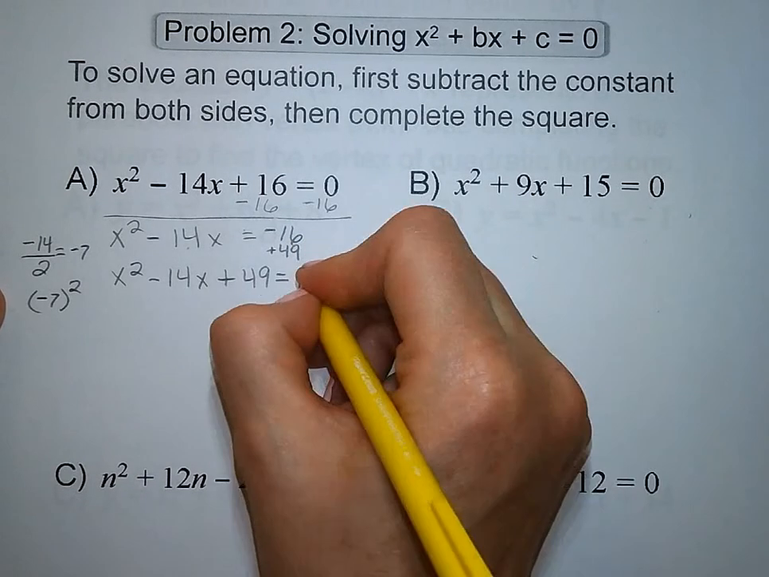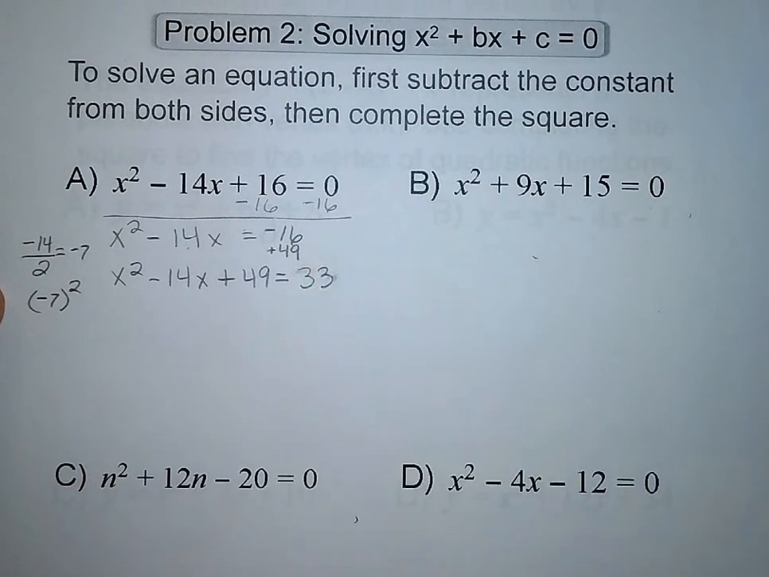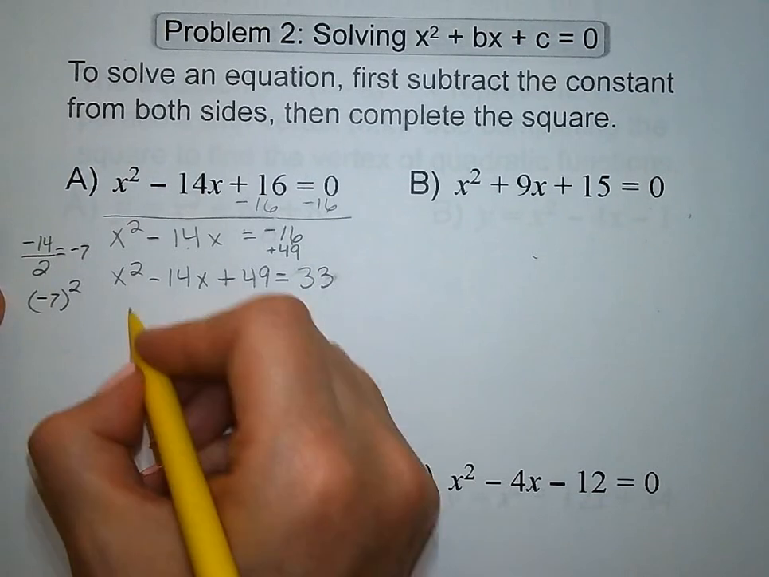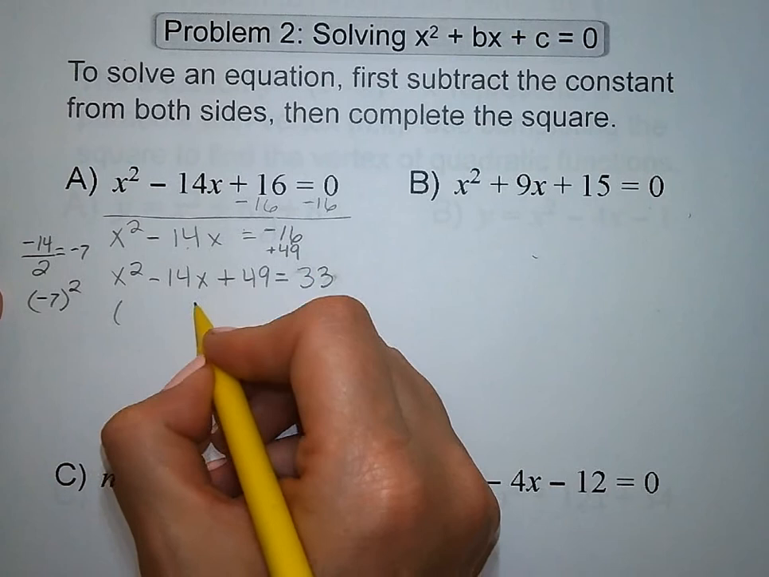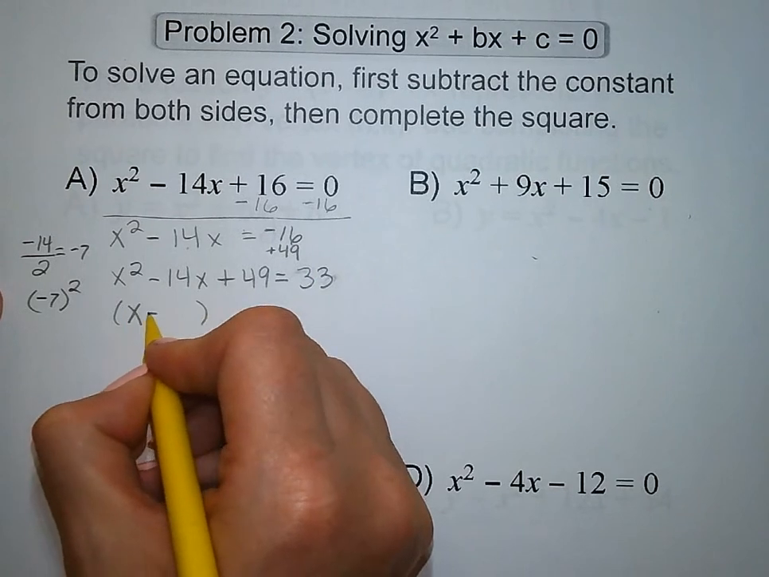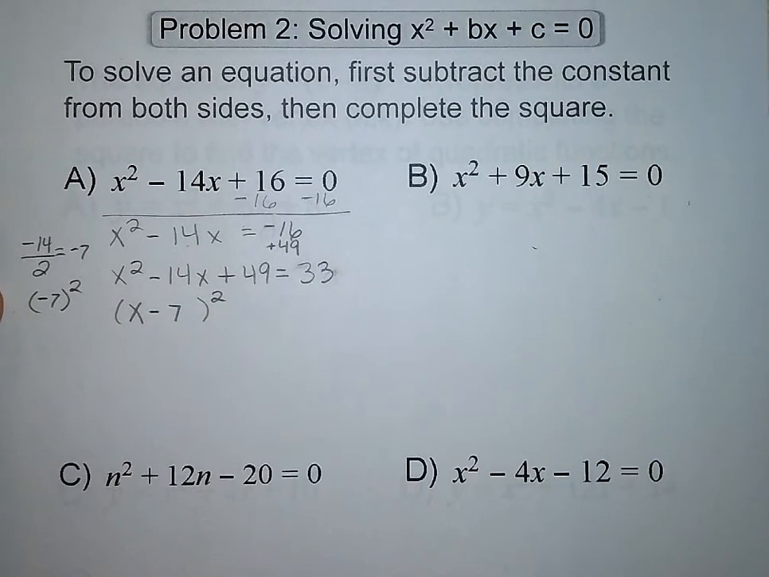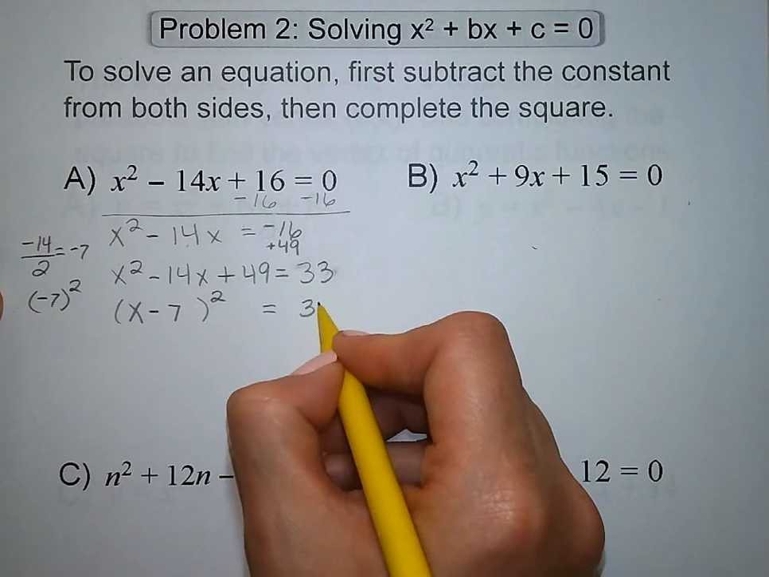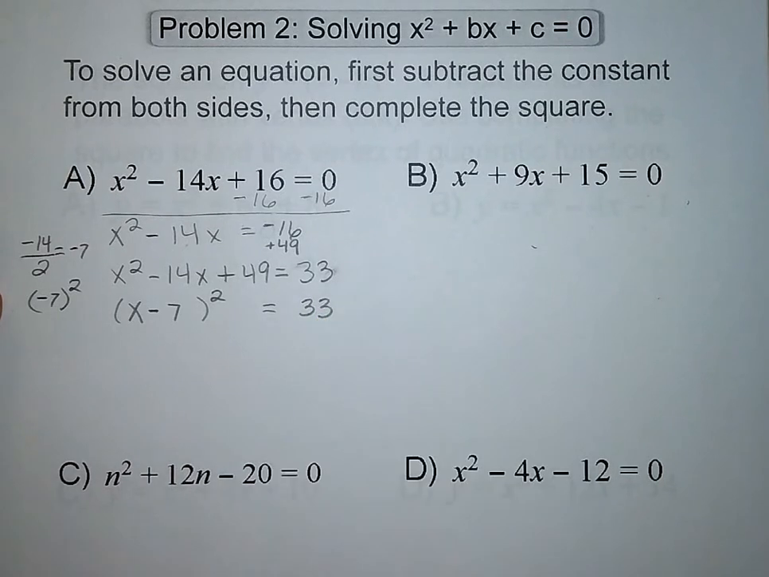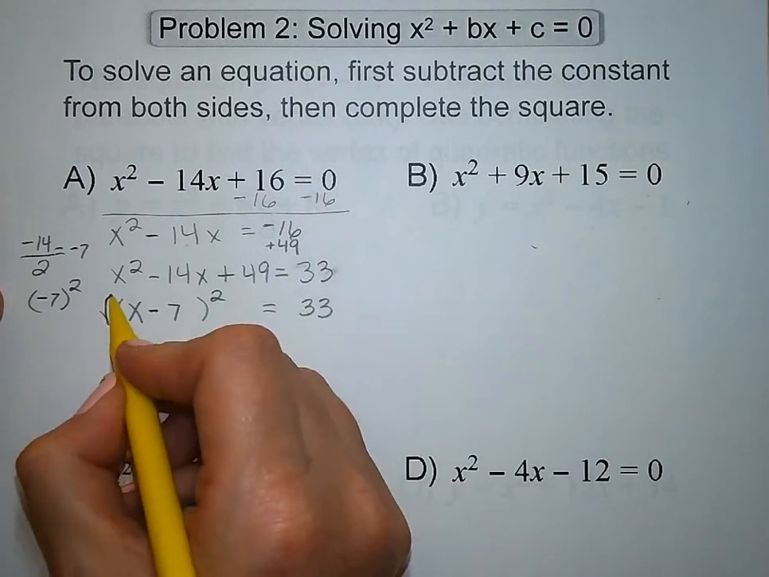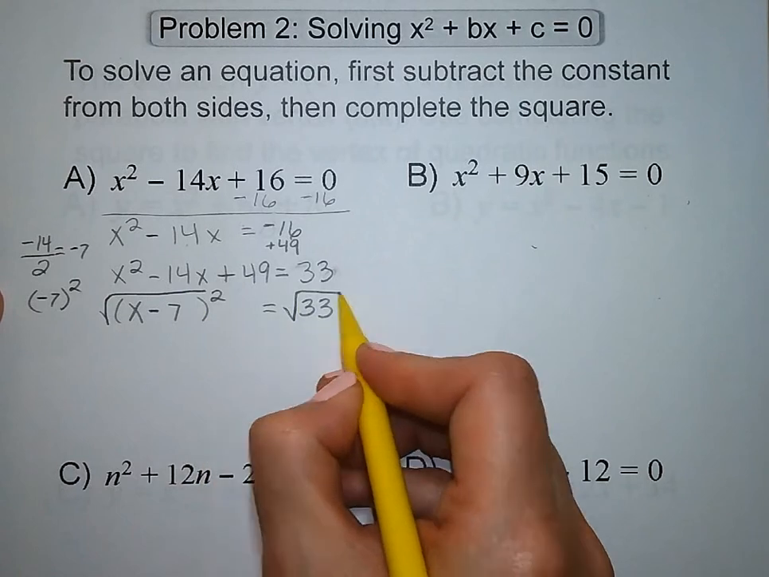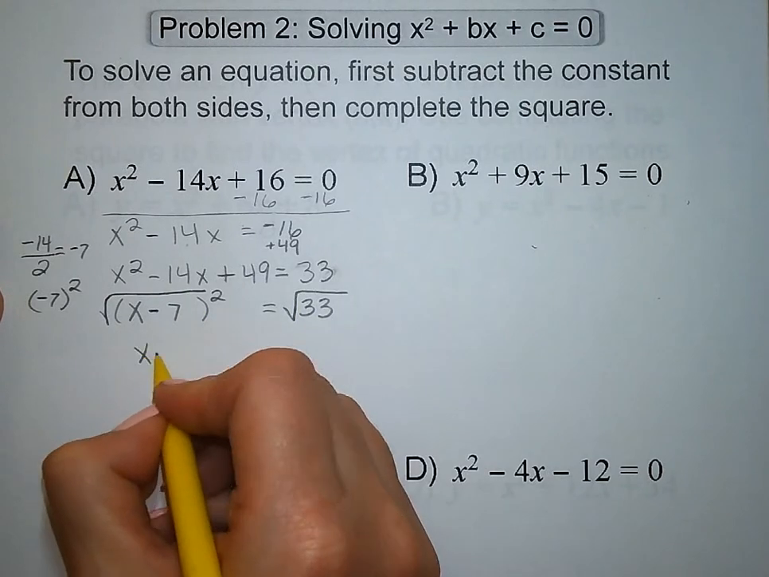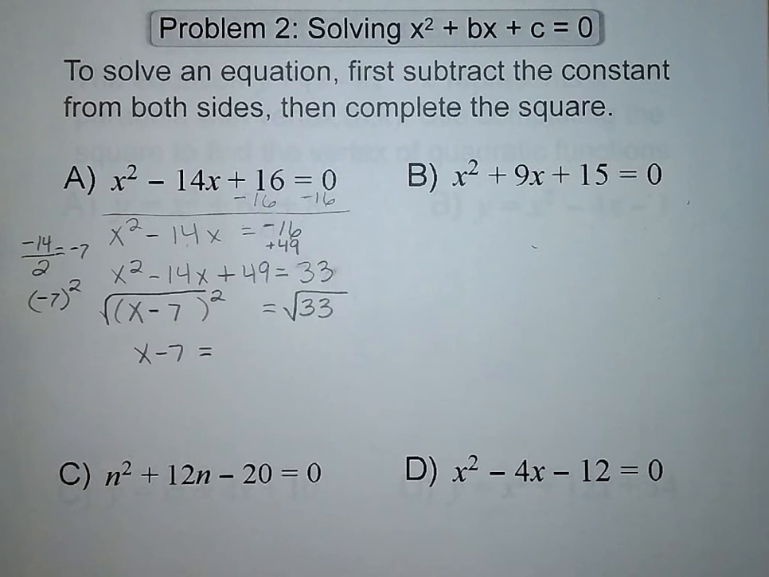And we're left with 33. Now the purpose of completing the square was so we would have a perfect square trinomial. So we've got x minus 7, the quantity squared, equals 33. Well, now we can take the square root of both sides, since one's a perfect square. So we have x minus 7 equals plus or minus